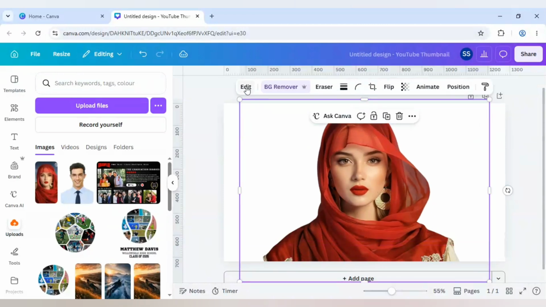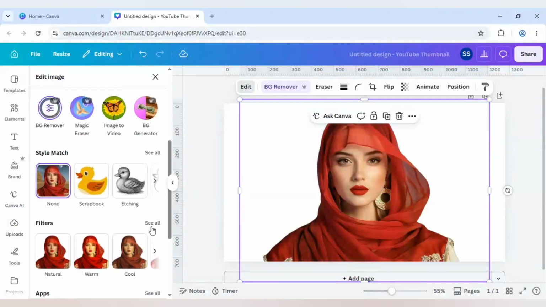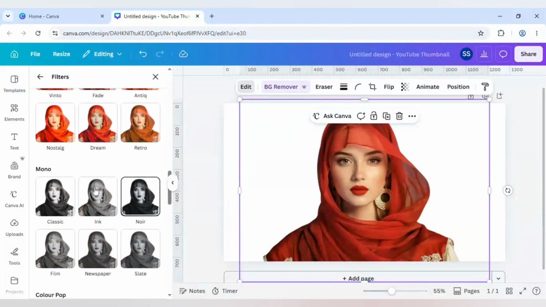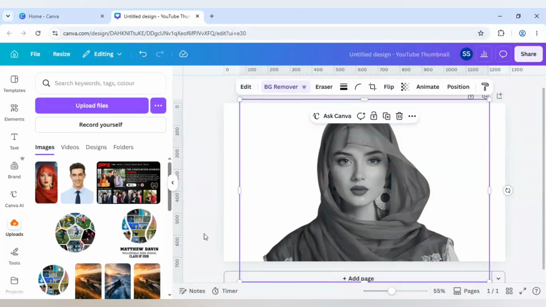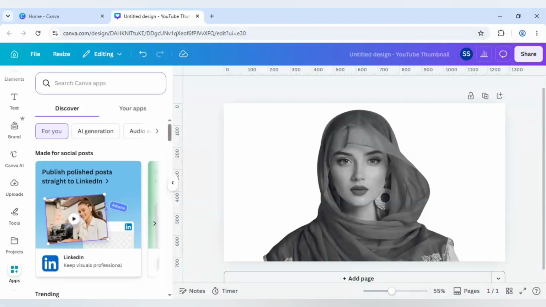Okay, and after that I will click on edit again, and this time I will scroll down to find filters, click on see all, scroll down to find mono and click on slate. Okay, and make sure the intensity is 100%. Okay, and after that click on outside, and now go to apps here, click on here in search and write warp,